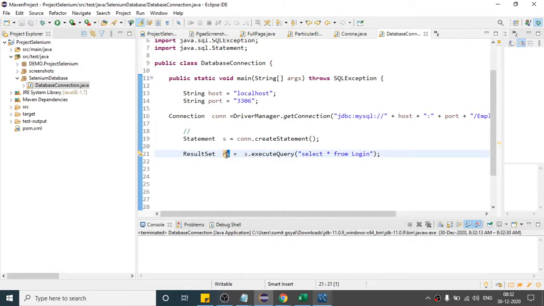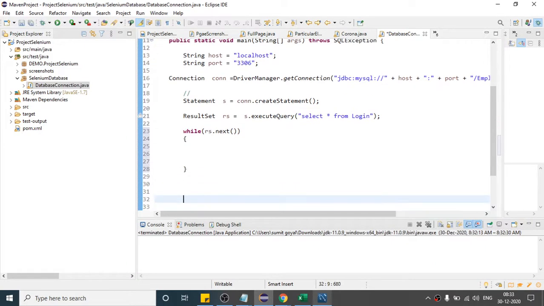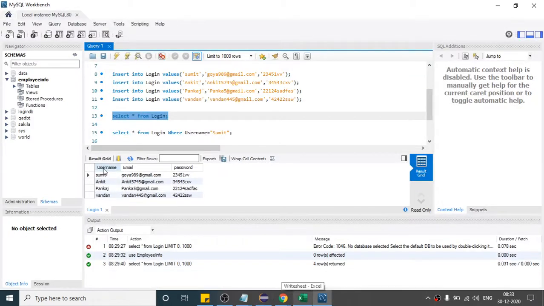So my data is present here. I want to get all the data from this object. So if I use a while loop, because I have many rows of data, and if I say rs.next, let me tell you in debug mode how this rs.next is working. In a short while I will tell. If you want to get this username, basically this will have the username, if I talk about this row, this data username, right?